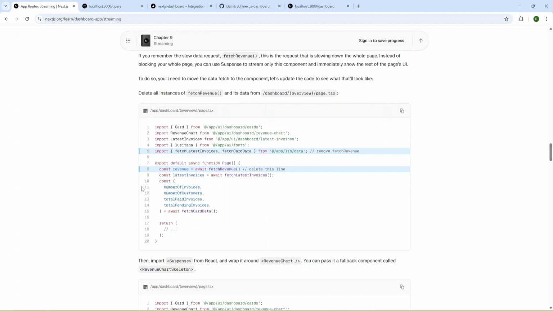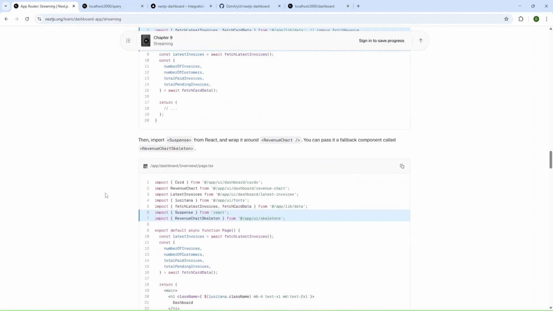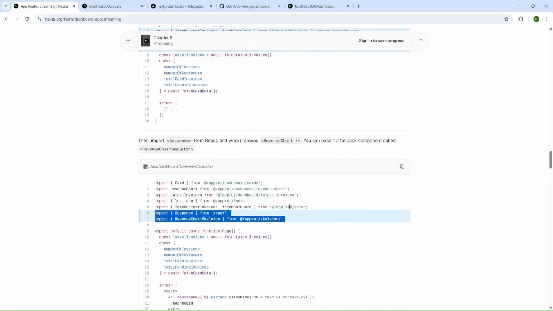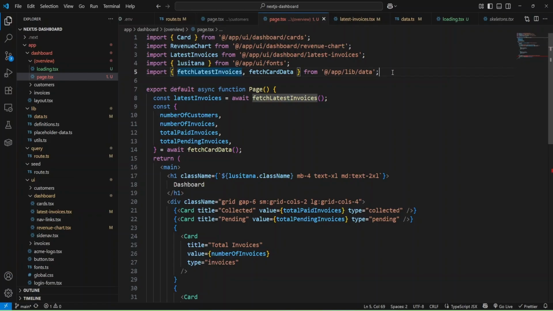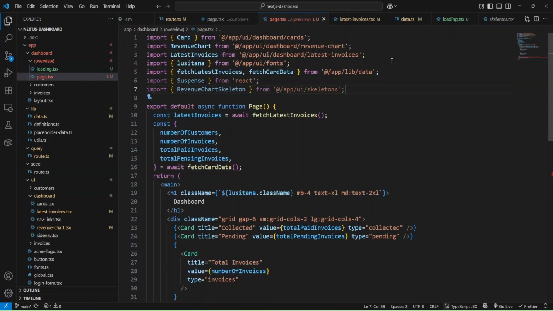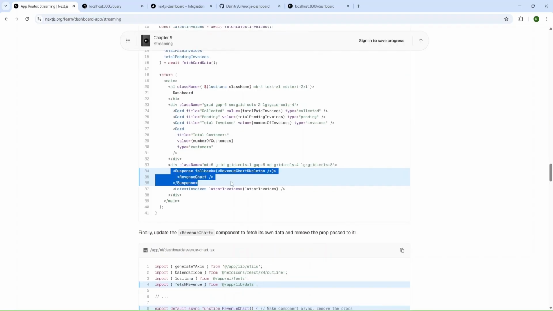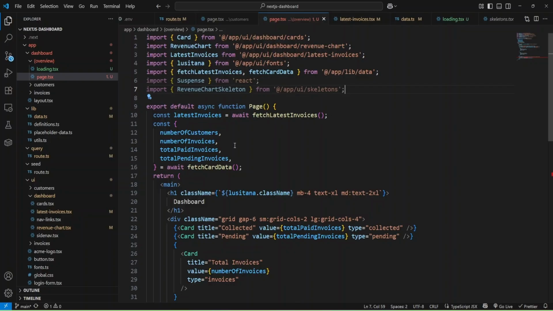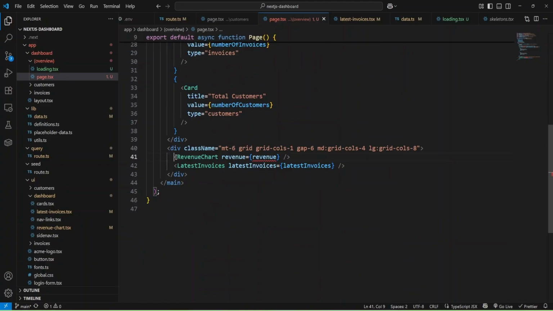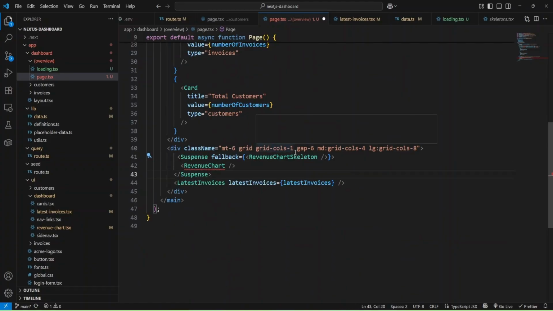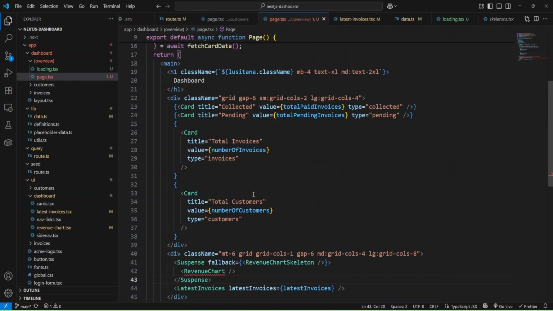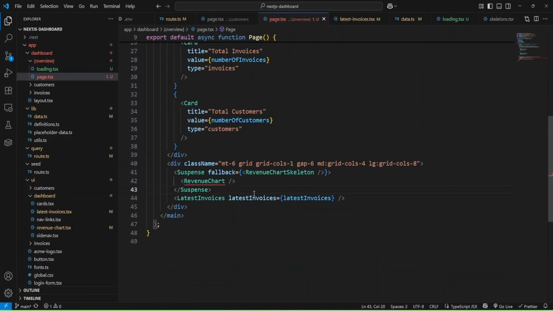And let's check next. And now we can add suspense and some chart skeleton, and let's try to do it. Okay, and also here. And before latest invoices, and I have error.